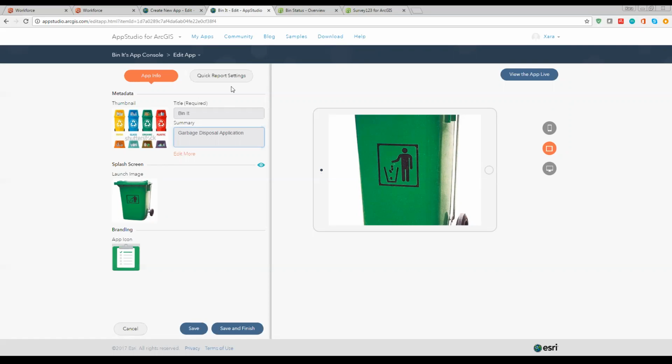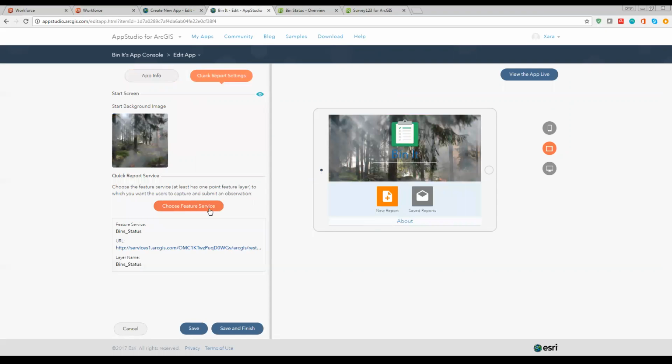Now, as mentioned earlier, I have pre-published a feature service which contains coded value domains of the same types of complaints that are usually received by my waste management company. So these are the same information that we have seen earlier from the Survey 123 questionnaire.